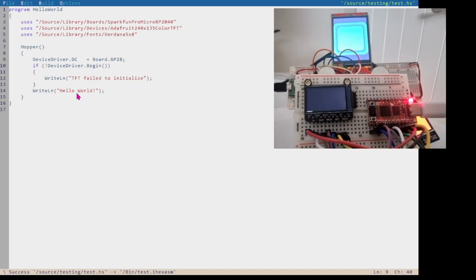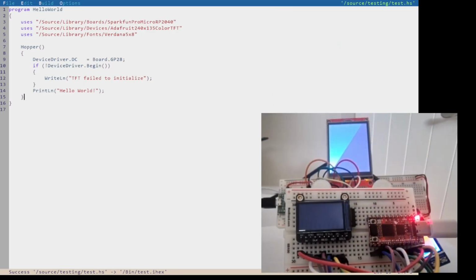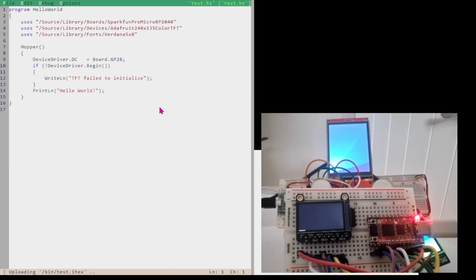And now instead of write-len hello world, there's two ways we can do this. We can make it go to both if we say echo to LCD, or we can just change it to println like that. And println will go to the screen rather than to the serial port. So if we want to check that that's true, launch the debugger, we can see our serial console over here. And now if I step through here,